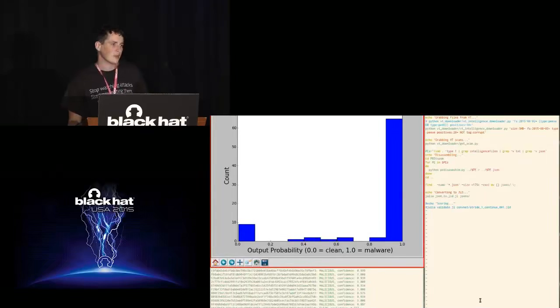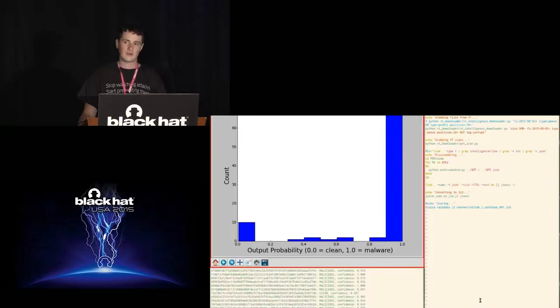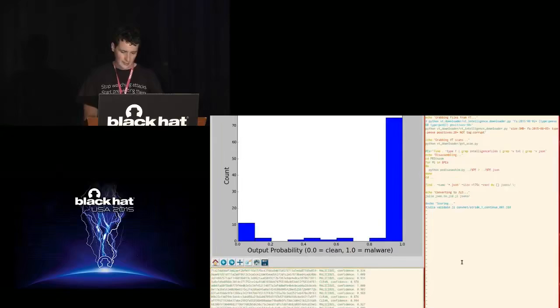The interesting thing to point out about this is that very few development hours went into this project, right? And it's comparing somewhat favorably with the rest of industry. It's picking things out not at a super impressive hit rate, but the fact that this model can run on a whole lot of samples and filter things down for reverse engineers to then look at is pretty interesting.